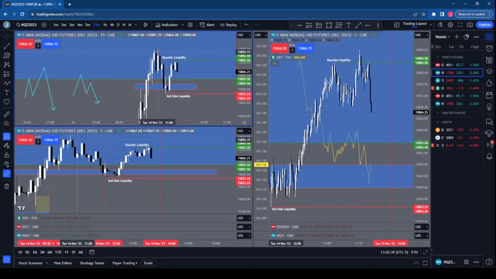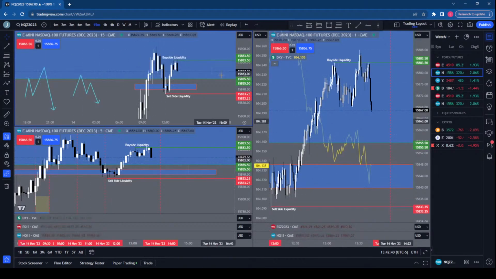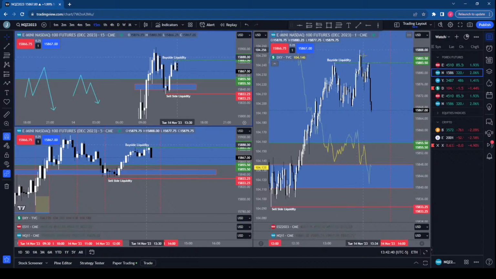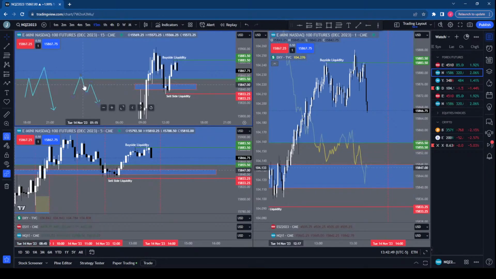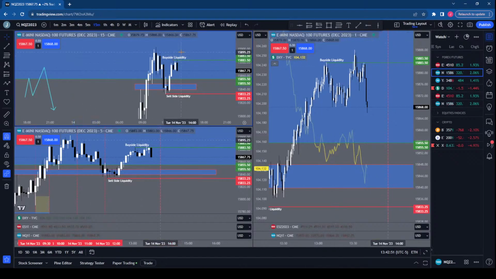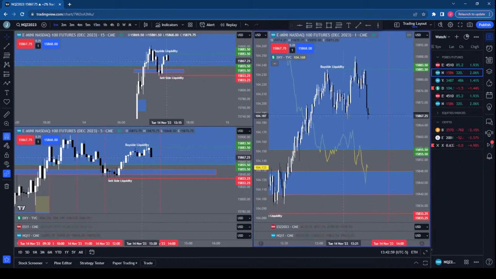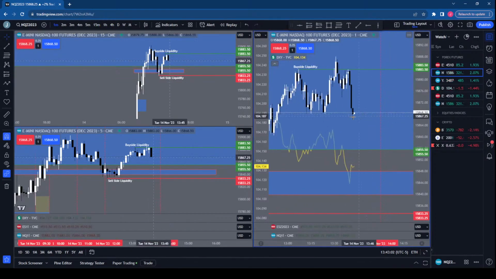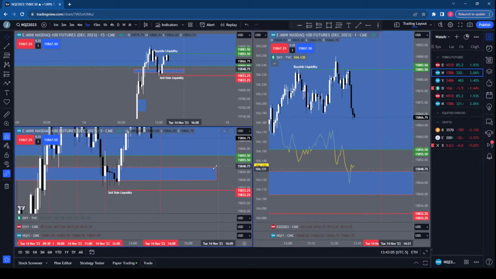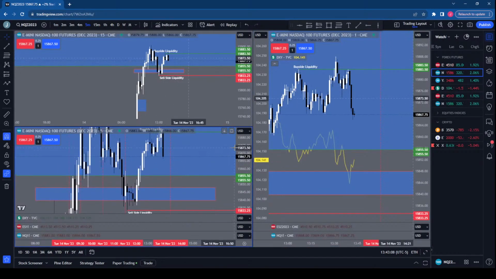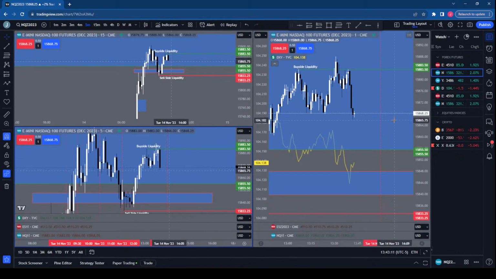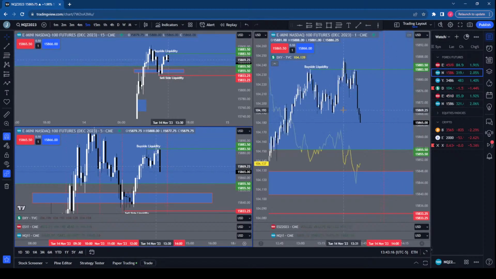So as we can see right here, I like the idea of shorts under the assumption that this is our line in the sand, creating this second scenario of a top for this daily range. I want to see if this candle closes. Yeah, we got a close below these lows. I hope this price run doesn't happen before. It looks like it's probably going to happen before. So a little annoying, but